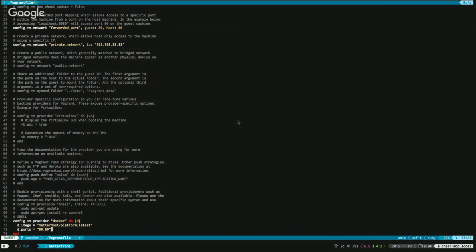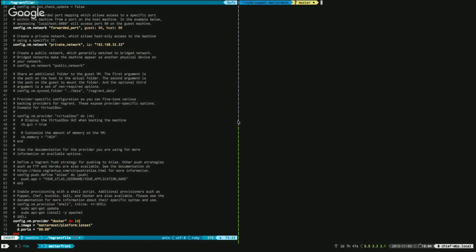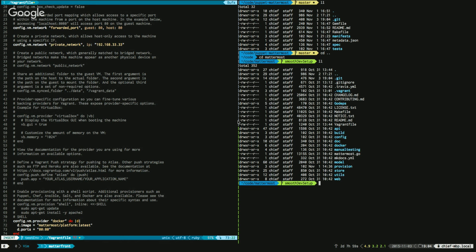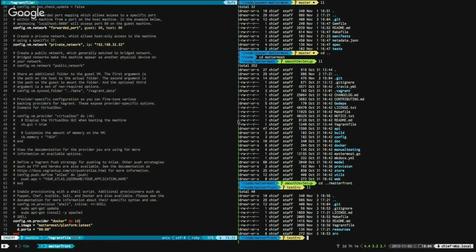I'm adding a Vagrant file to the project I cloned down from GitHub for the Mattermost project. Or sorry, the Matterfront project. And that project is